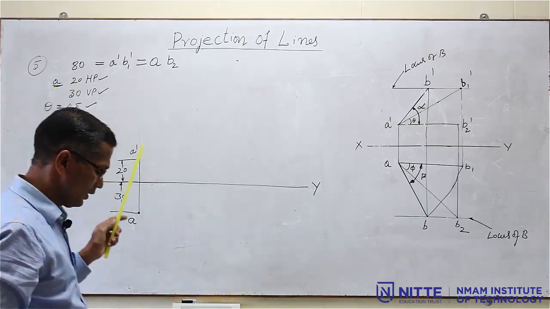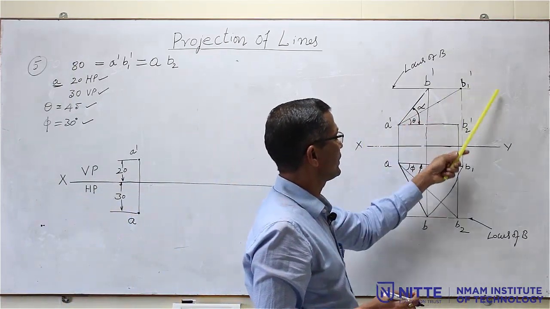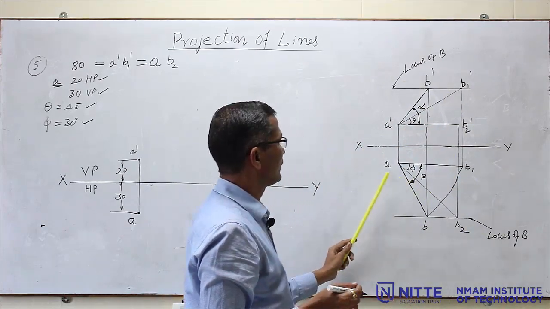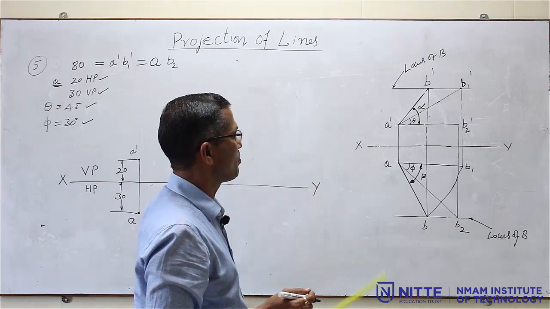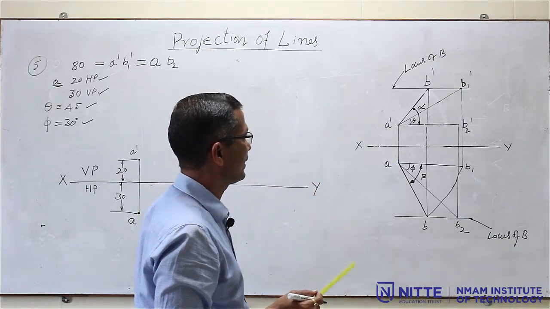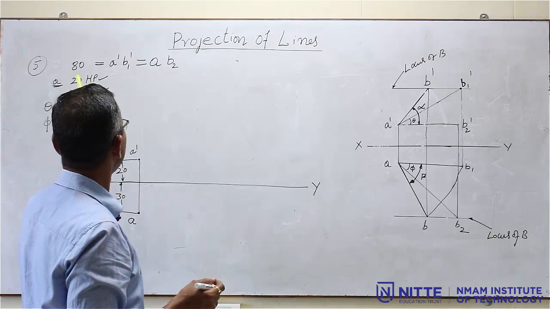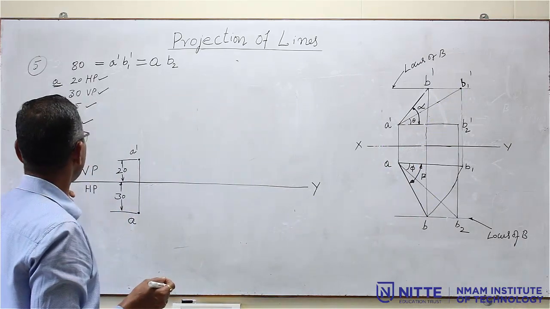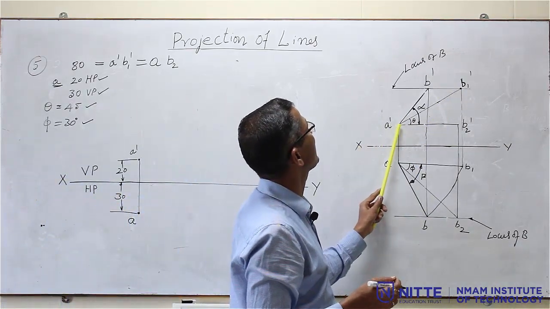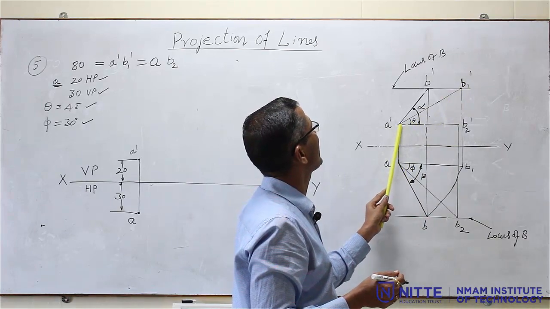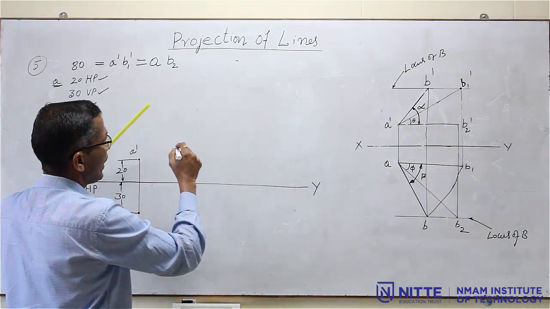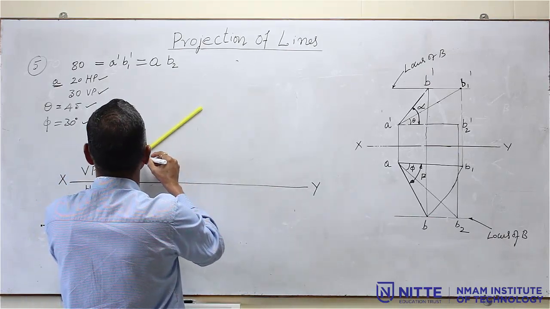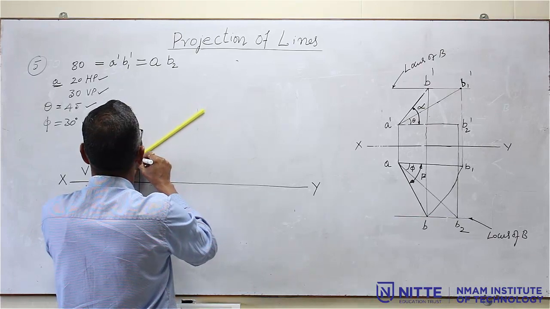Now, to have the solution, you should remember this. This is the master drawing. For all the problems, this is the solution. Now, with reference to this, you have to compare the given problem. Now, I have located A and A dash. Then which are the known pieces of information? I know the length of A dash B1 dash, and I know this theta. What is that theta? Theta means it is the inclination of A dash B1 dash. So, already A is located. Then I know the length of A dash B1 dash. What is that? 80 mm, and the angle is also given, 45 degrees. So, I can draw this.